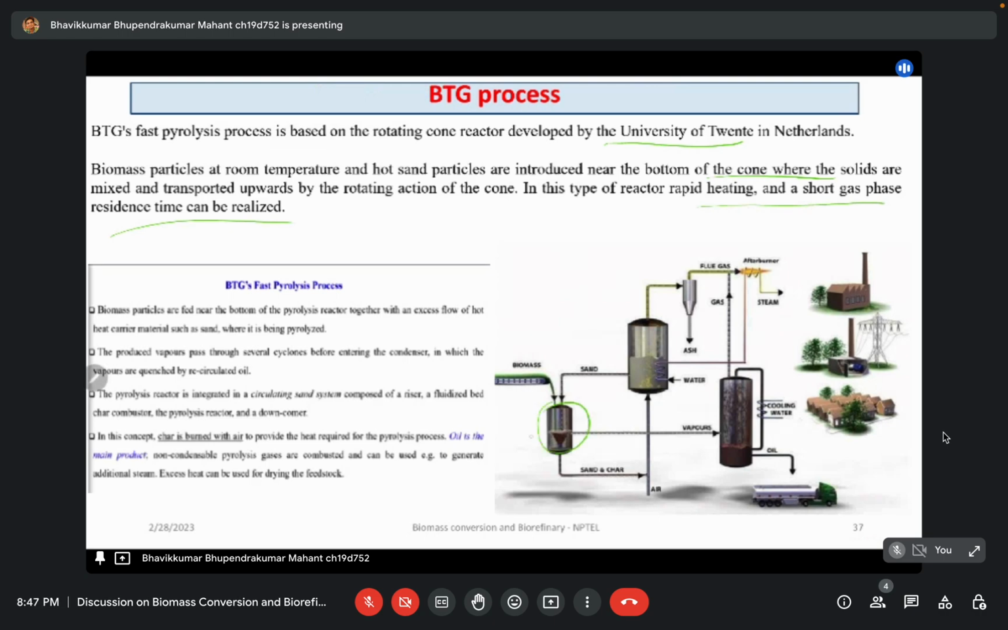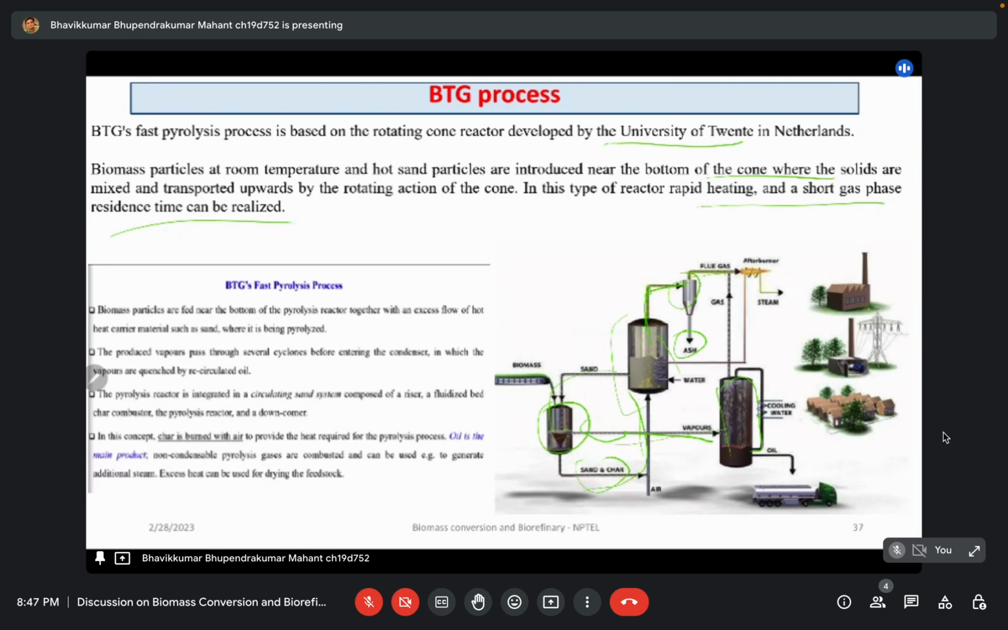Okay, so the biomass is fed into this cone reactor, and the bottom cone is there. Sand is also fed into it, and whatever product we get in the form of vapor goes into the separator, and the solid product of sand and charcoal we recycle back to the combustor, where we use air as a heating medium, and then this can be converted into flue gas. This product mixture goes to the cyclone separator, where the unwanted flue gas is removed, and